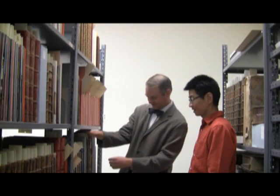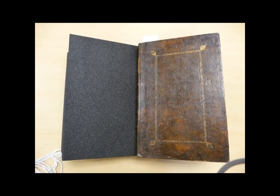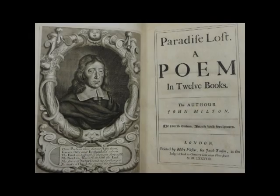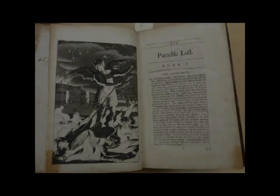Yeah, it's right here, Steve. I love the binding. Yeah, it's a full calf contemporary binding, a binding from the 17th century. This particular copy was printed in the year 1688. Just an all-around beautiful book, lavishly illustrated, and I think by experiencing a copy that may have been on sale during John Milton's life,